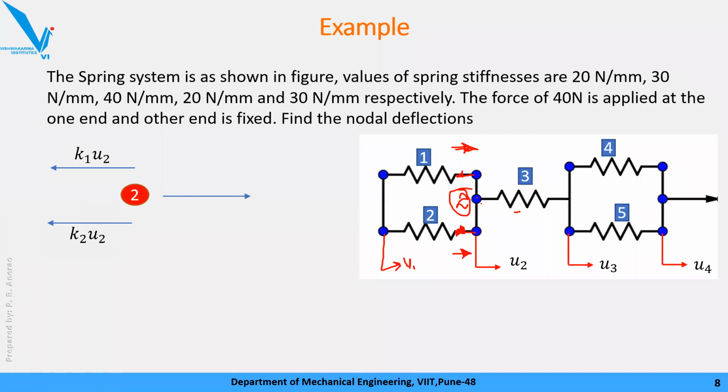This point is u2, the second node, here it is u3, and in between we have spring 3. So the stiffness offered by this will be shared by node number 2 and node number 3. So when I take the force causing that displacement only on node number 2, it will be just the difference between the displacements of 3 and 2. So the formula becomes k3 into (u3 minus u2).